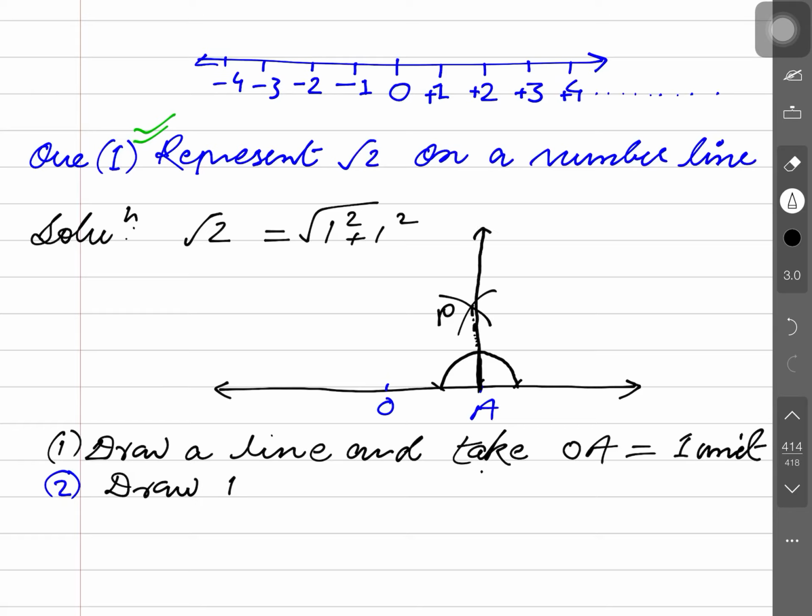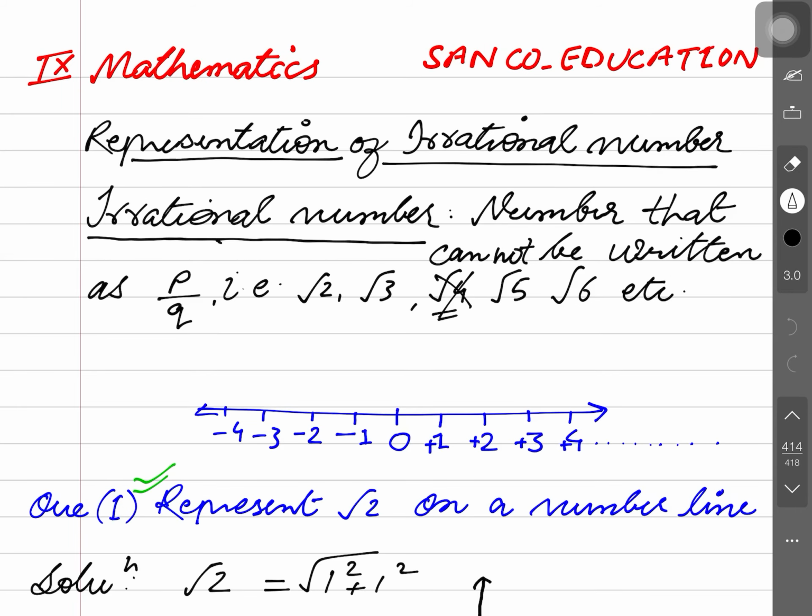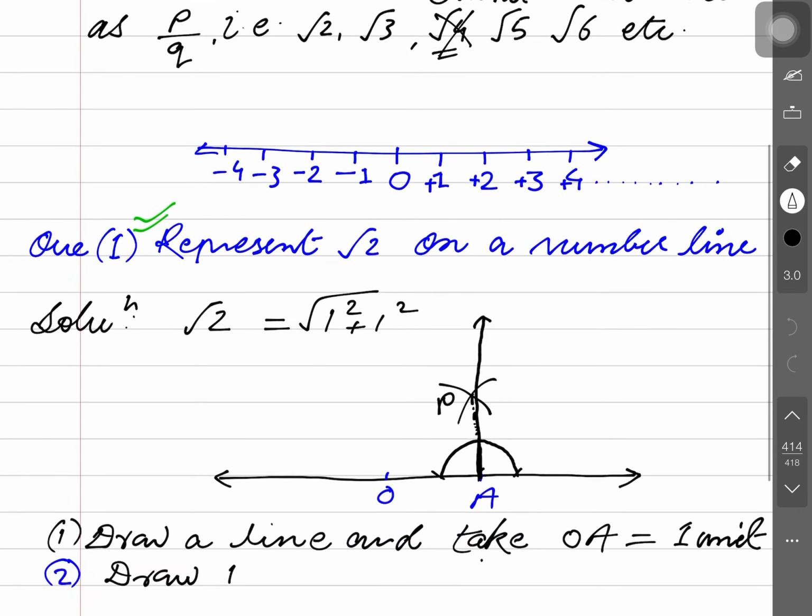And further the line is to be proceeded like this. Is that clear? So it means now you have drawn the perpendicular. As I told you, in the next step its perpendicular is to be 1 unit and the base is to be 1 unit, so that the hypotenuse will be root 2. Is that clear? So what I have done here is the same.